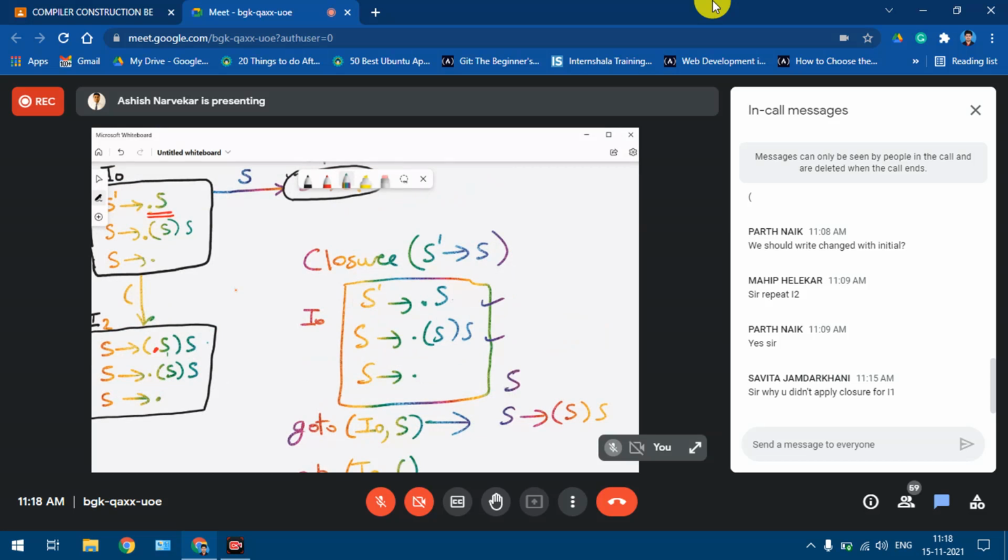So in the next state, what we get is S dash gives S dot. That is I1. In case of I2, the dot was before the open bracket, because it corresponds to the open bracket. So the dot goes after the bracket.